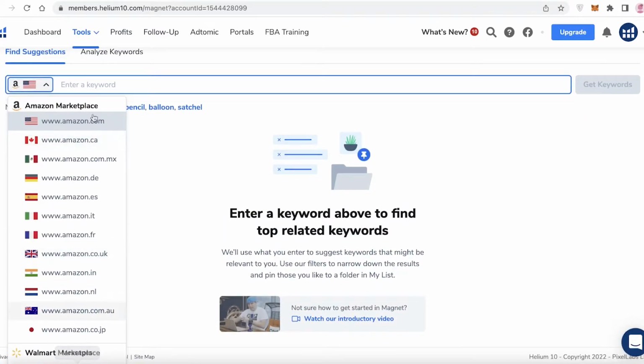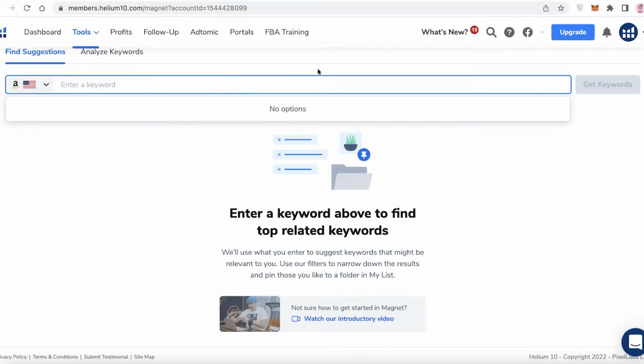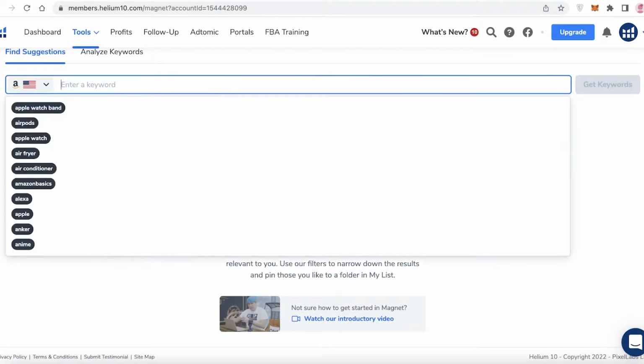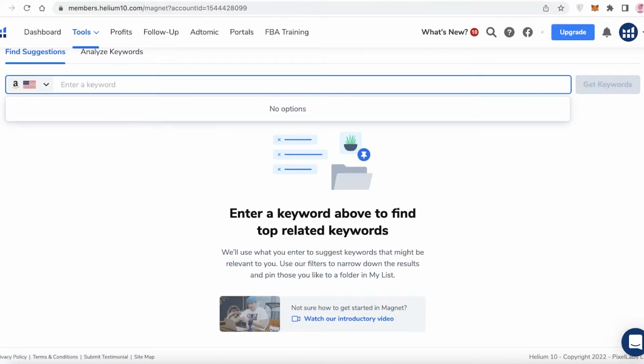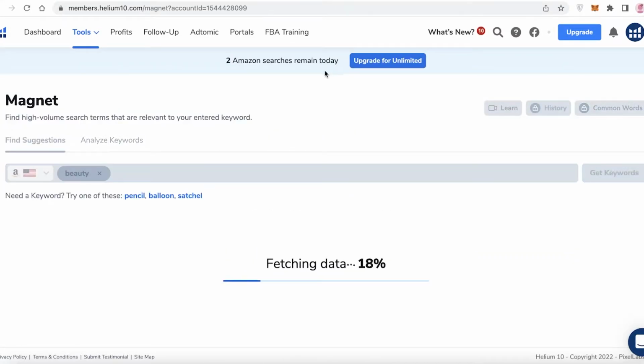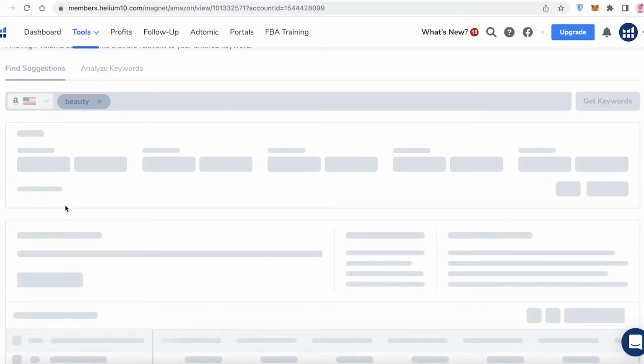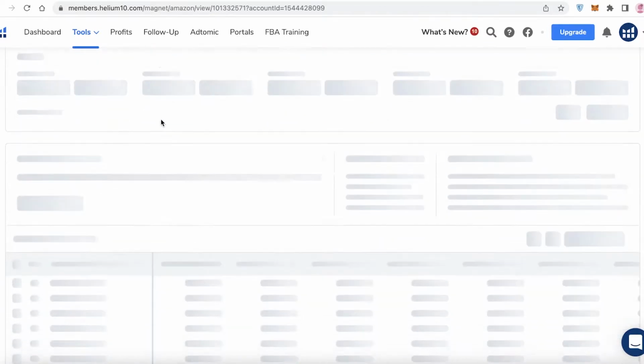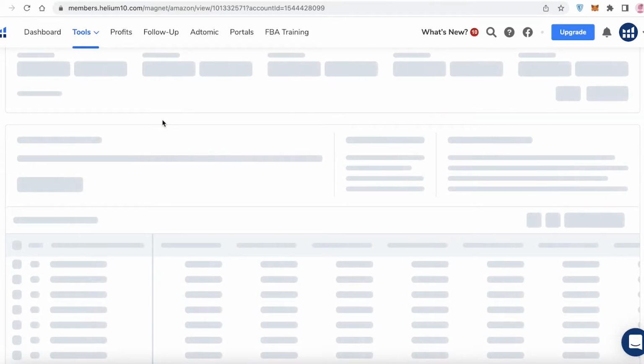So you have Amazon, and you also have a Walmart. So this is specifically for Amazon businesses. But what I do recommend is that these kinds of SEO answers usually do apply to other websites as well, but this is just specifically for Amazon. So if I search for beauty in Amazon America or the United States,